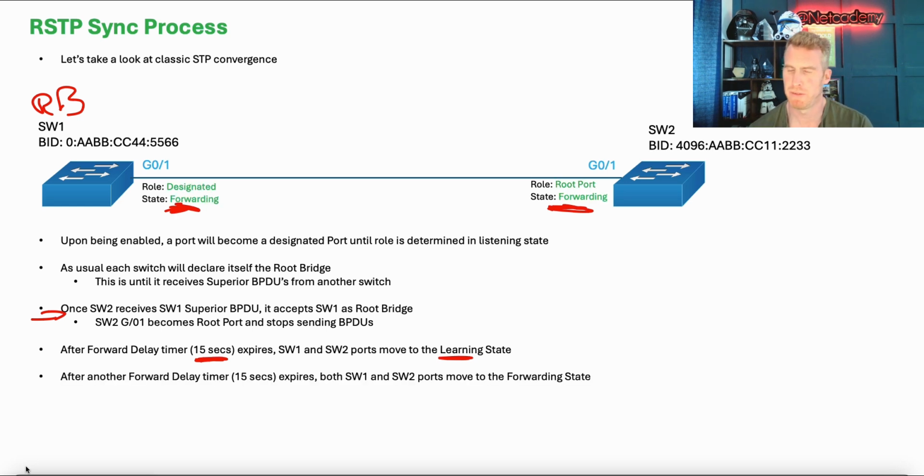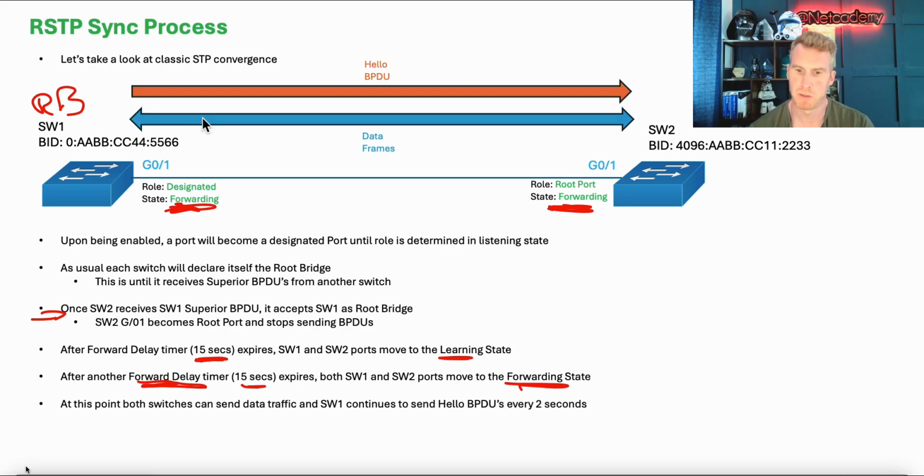And it doesn't stop there with classic STP. After another 15 seconds, so after another forward delay timer has expired, those interfaces will then move into that final state where they need to be, the forwarding state, where they can actually forward layer 2 traffic back and forth. So yeah, both switches at this point can send those data frames between SW1 and SW2, but